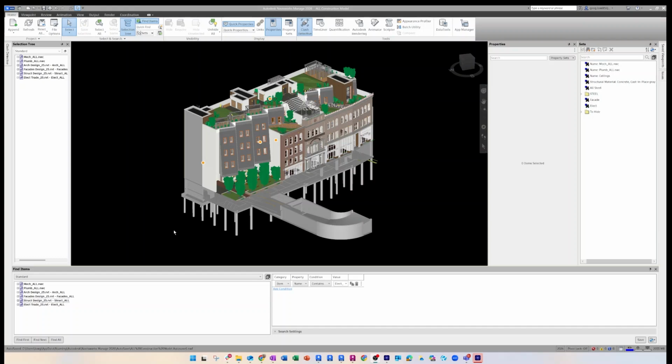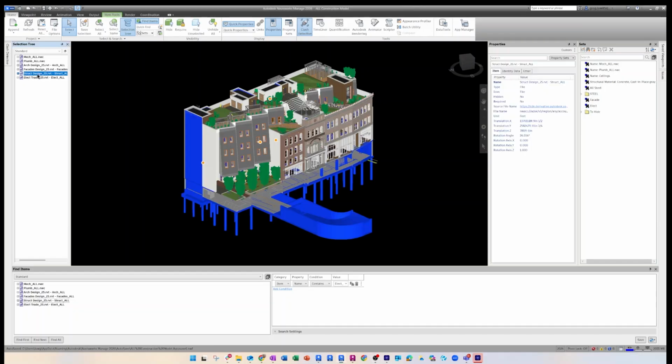My purpose for today's video is to walk through the Properties tool and search sets and find items in Navisworks 25 and 26. I say Navisworks 25 and 26 because they've been updated here. In Navisworks 25, that's where you first would have seen the new Properties tool, and this is what it looks